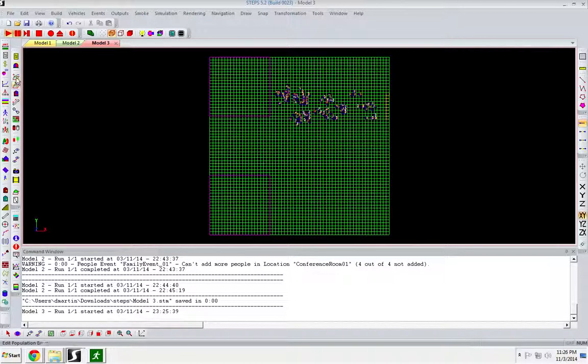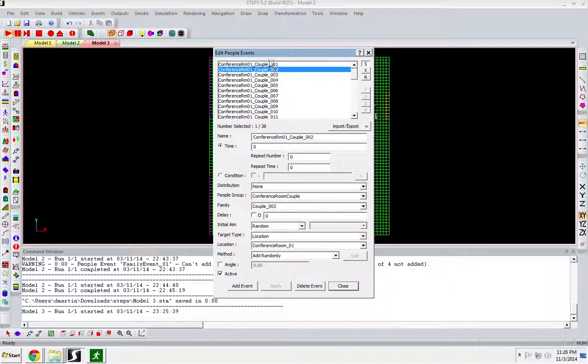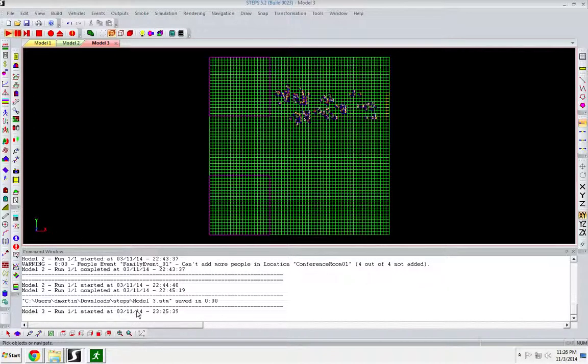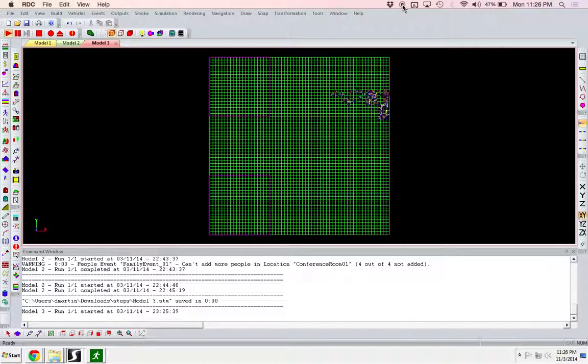I'm not sure why some of them went all the way over to conference room 1, target type, location. But you can see they grouped up into groups and headed for the exits. So that's how you might try to